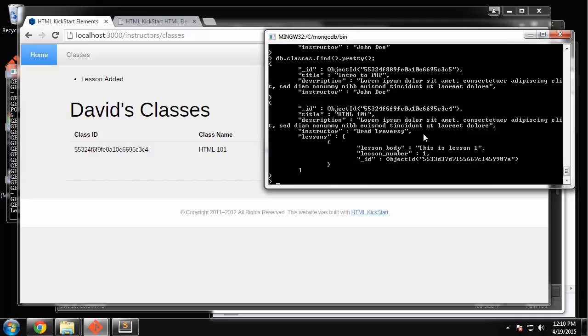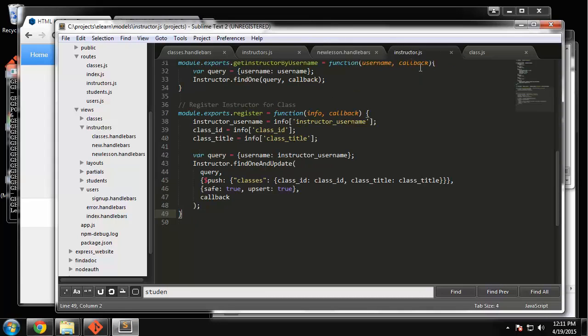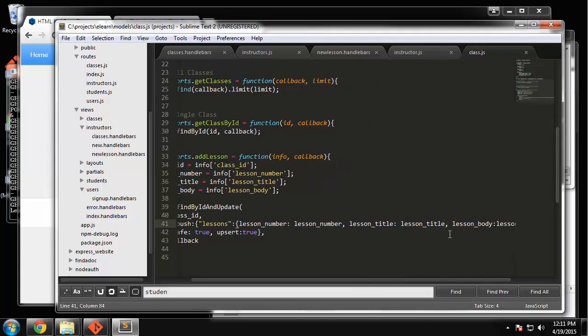Alright, so let's check it. And look at that. We have a lessons field here. It's an array. We have one lesson. Got the number, the body. Oh, we don't have the title. We have an object ID that was automatically generated, but we don't have the title. Where was that? Oh, I didn't put the, no, lesson number, lesson title,